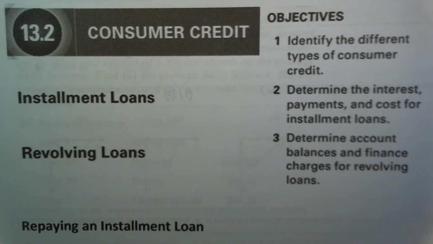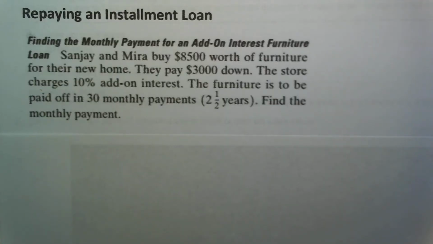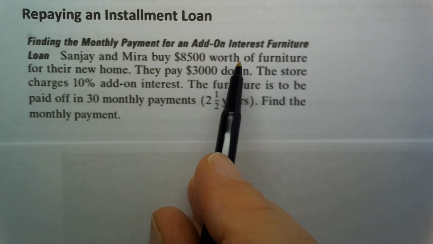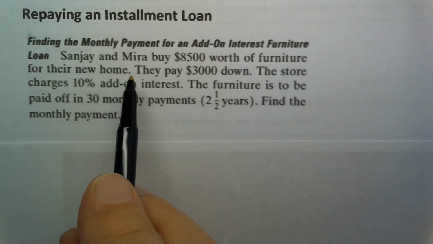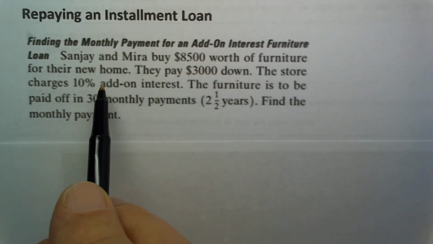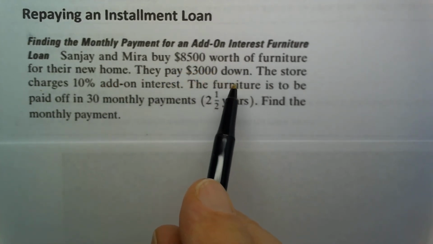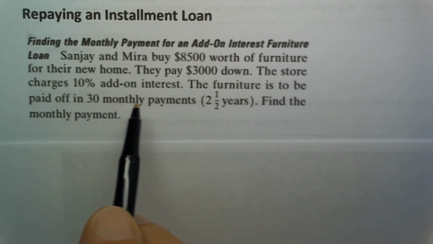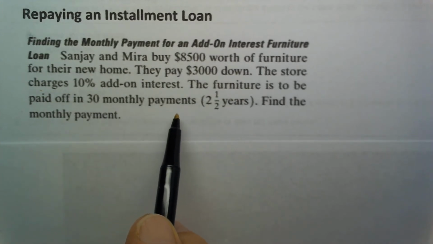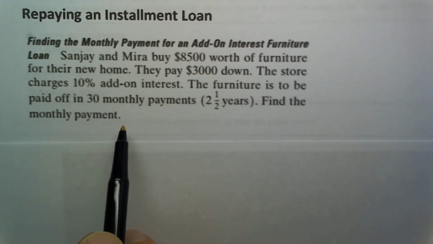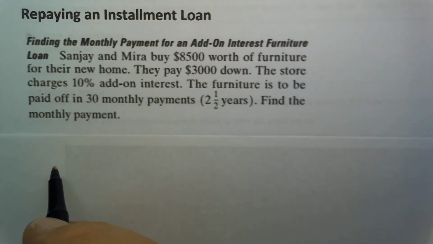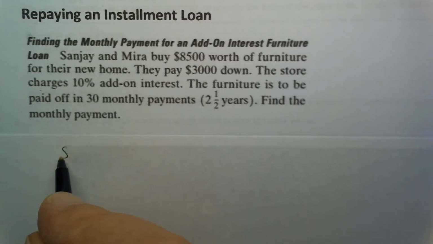So let's begin by talking about installment loans. Here's an example: finding the monthly payment for an add-on interest furniture loan. Sandra and Mira buy $8,500 worth of furniture for their new home. They pay $3,000 down. The store charges 10% add-on interest. The furniture is to be paid off in 30 monthly payments, 2.5 years. Find the monthly payment. First of all, the total amount is $8,500